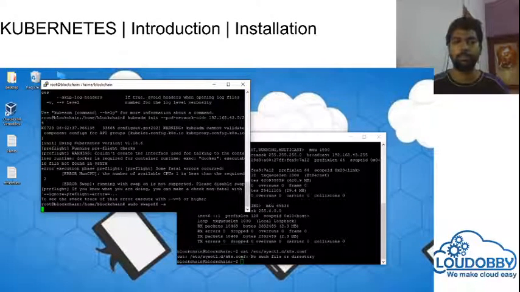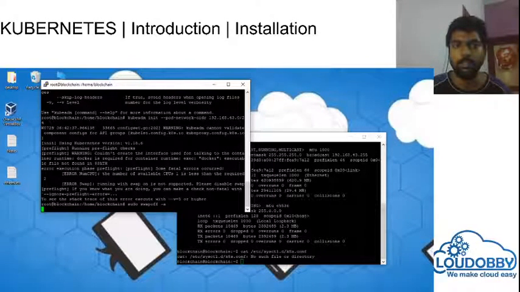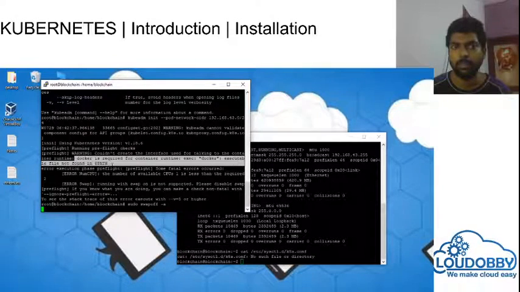Just turn off the swap, and then I will let swap get turned off, and I will try to run it. These are just the warnings. It's not a big deal. The Kubernetes has been initiated. It is also saying couldn't create the interface talking to the runtime. Docker is required. Docker executable file path is not found.